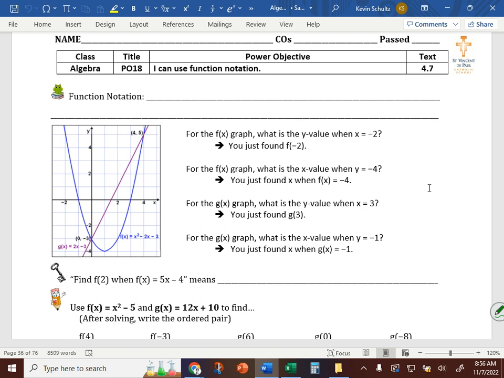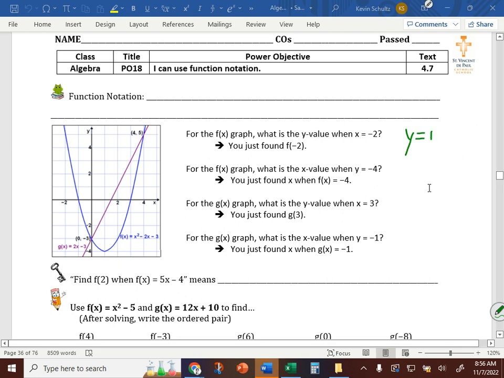Well, a relation can also be written as an equation, right? Because as we know, when you have an equation, I'll just put a random one up here, y equals 4x plus 7, we can get ordered pairs from that, right? We can pick a value for x, plug it in, solve for y, and get ordered pairs from this equation. Therefore, it's a type of relation as well. But it's not as easy to identify whether or not an equation is a function because you don't look at specific x, y values or look at it on the coordinate plane. So function notation is basically a way